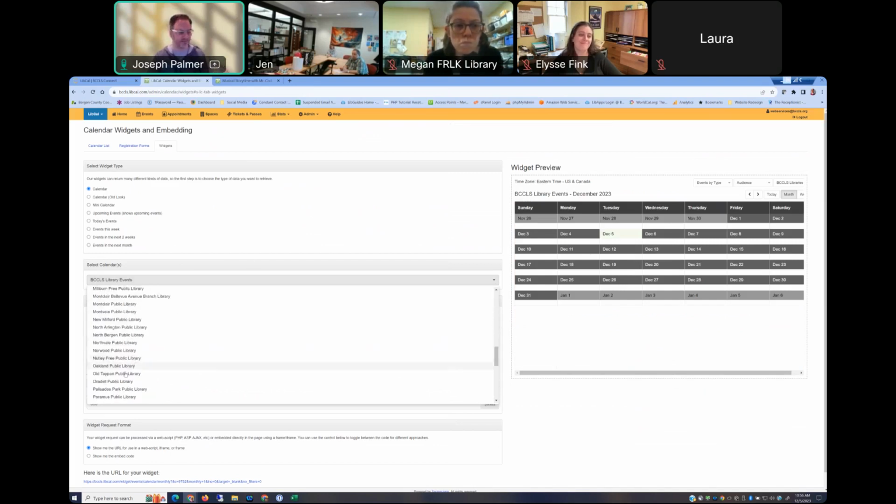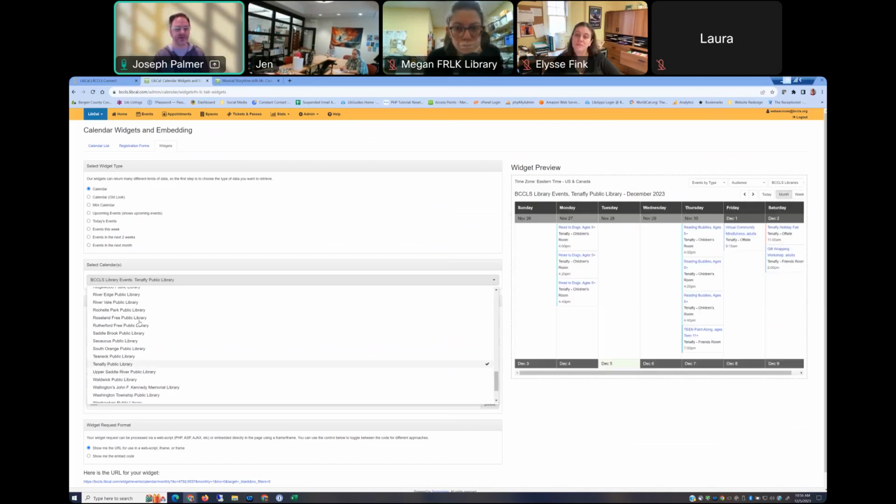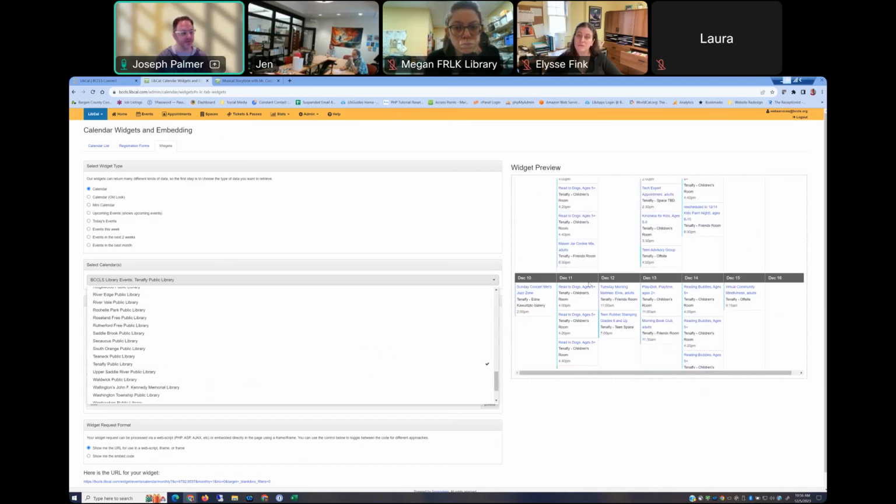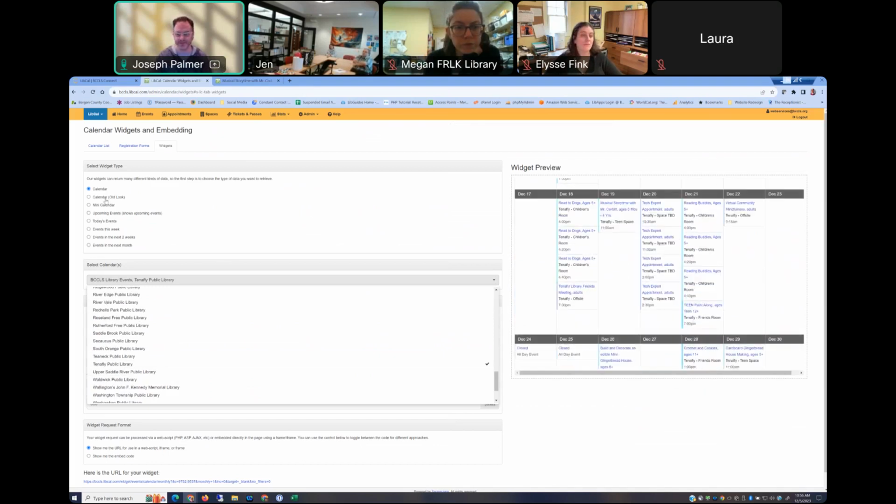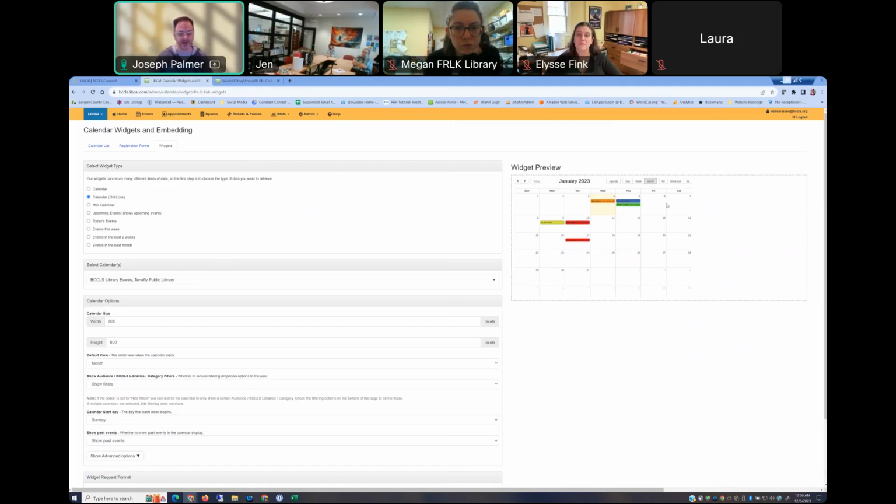But if we go back to Centerfly, this is what their calendar looks like. There's much more happening. You can choose what kind of view you want it to be. This is the month view. It's pretty long, so you have to scroll through. This is the old calendar look. You can, and this is where you see the colors really do appear. So that is another look that they had, and you can change the options below, the size of it, and